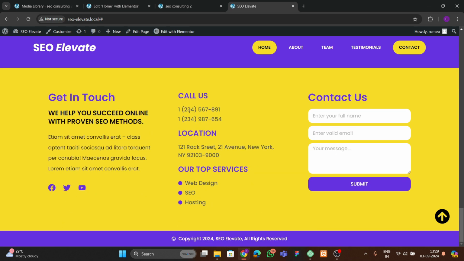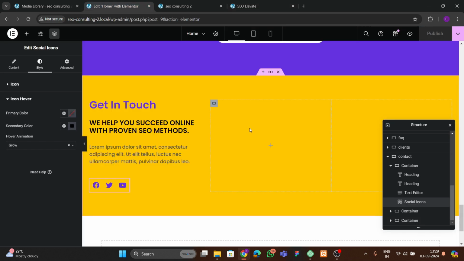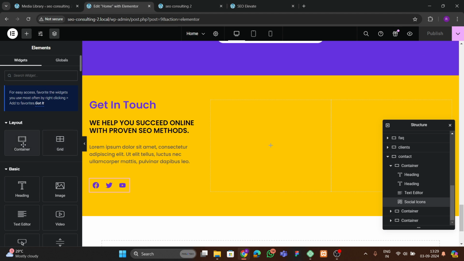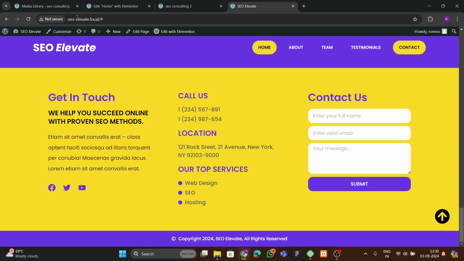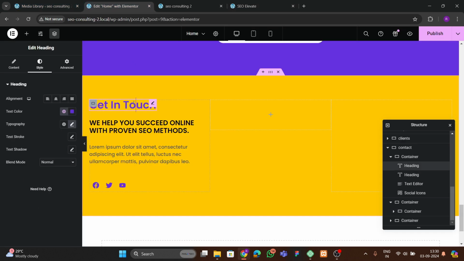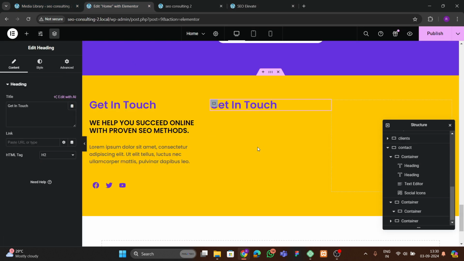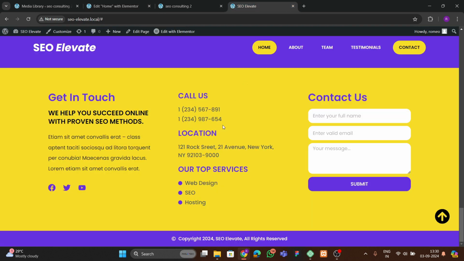Then after that, let's move to this section. So here you can see that we have this. Now what we can do, we can add a container here and remove all this padding here. So let me copy this, and let's paste it here, and here we're gonna write call us. Okay, and after that